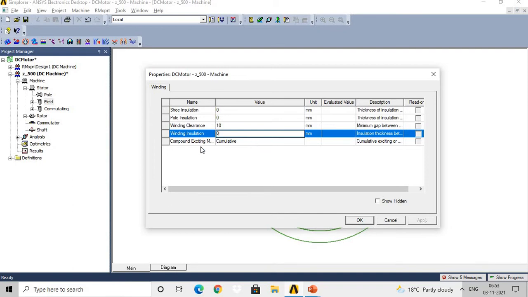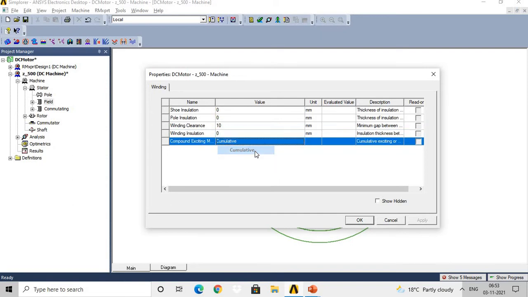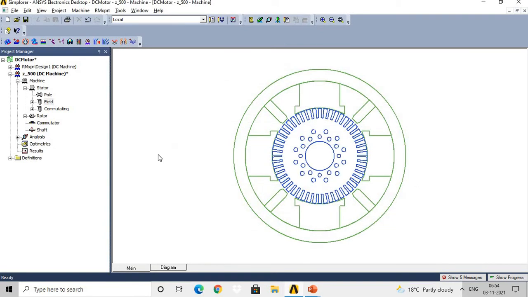Then compound exciting mode. What is the meaning of this? That is cumulative exciting or differential exciting of the series winding to the shunt winding. So here we have the options of cumulative winding and differential winding. So for this machine we have selected the cumulative winding. Okay, then we press the OK button. So we have given the inputs related to the field.